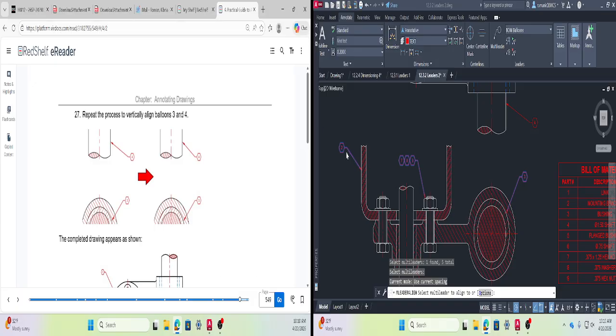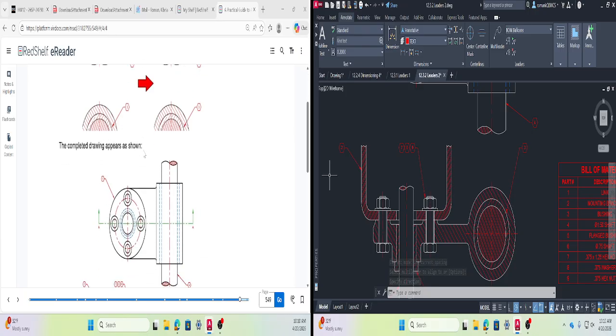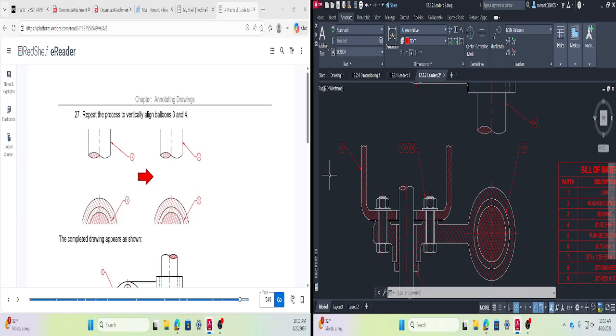Okay, so let's put this one to align to. Alright, and then we're aligning all the drawings to the same line. So this is a really good option to explore. Okay, finally you have to repeat the process